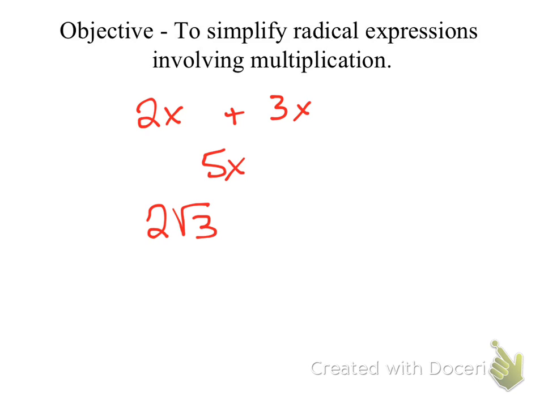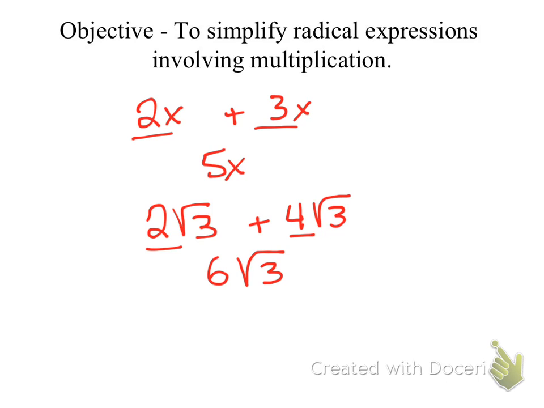2 radical 3 plus 4 radical 3. How many radical 3's do we have, Dennis? 6. 6 radical 3's. I add the coefficients, just like I did here. Okay? But if the radicals are different,